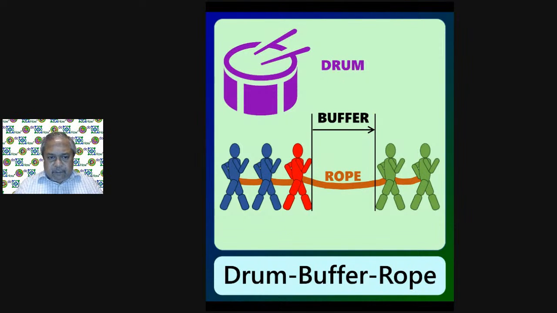A drum which gives the pace, a buffer which defines the amount of input materials and resources that need to be available for the constraint to keep working, and to ensure that this buffer is so planned that before the other machines can get rectified and new supply starts, that entire time required for correcting a machine which is not a constraint is the buffer. And rope is something where when the constraint stops, everything has to stop. That is the buffer concept.